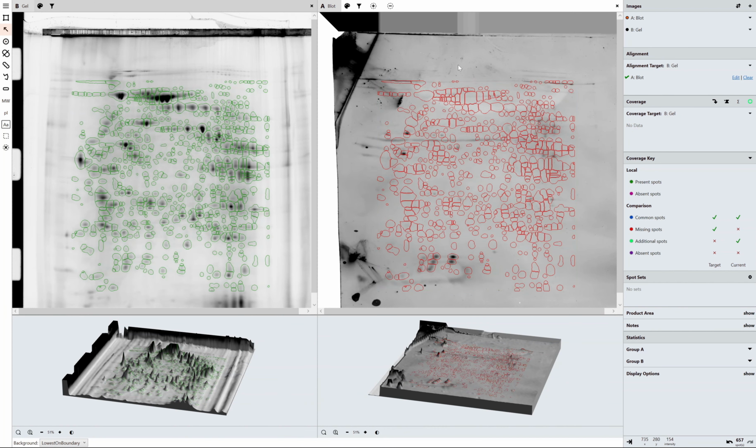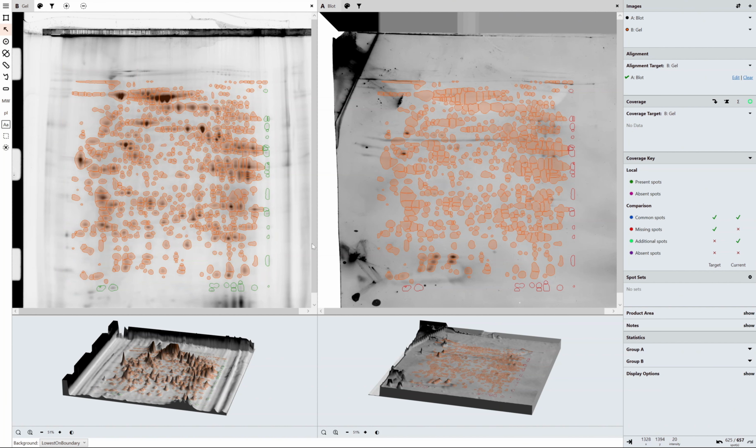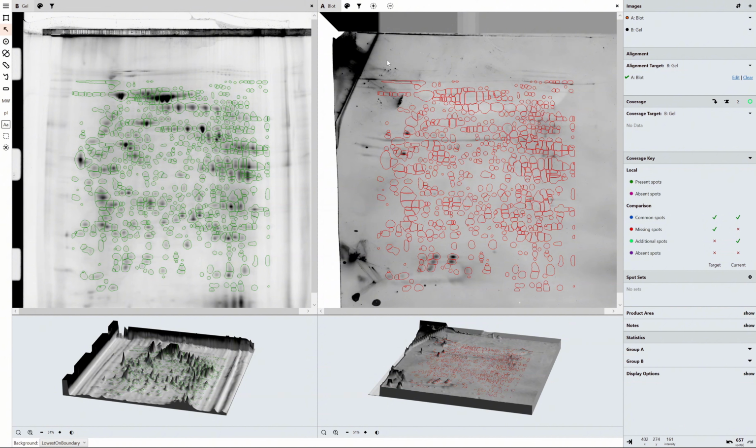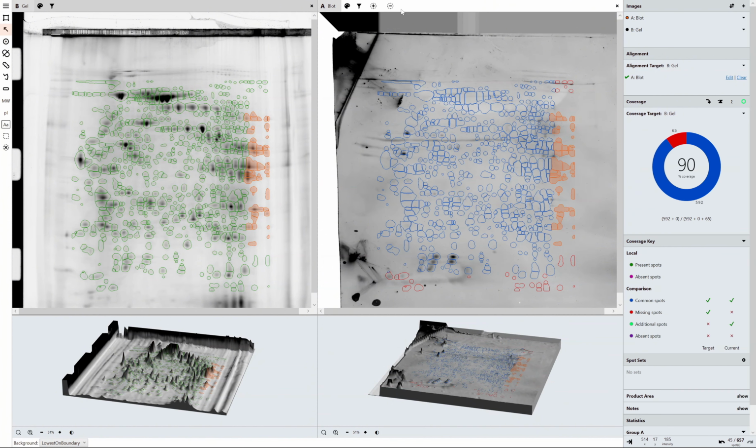And then you can start going ahead and marking those as present on both images. Then start marking some as absent and performing the whole thing. So again, I've got a separate video on how we work out coverage, how we split it into low molecular weight, high molecular weight, low PI, high PI, things like that. I'm not going to go into great detail with that in this video, but again,